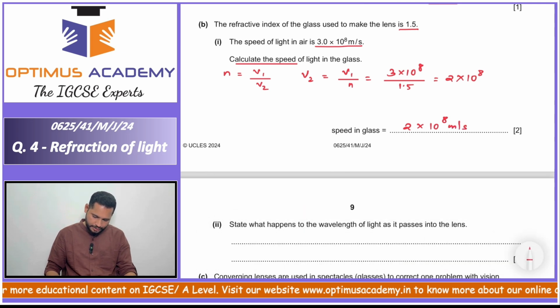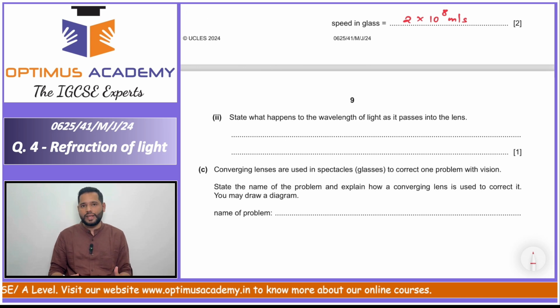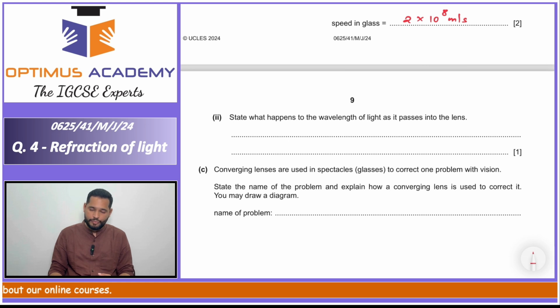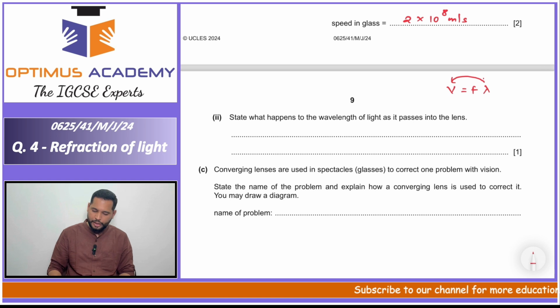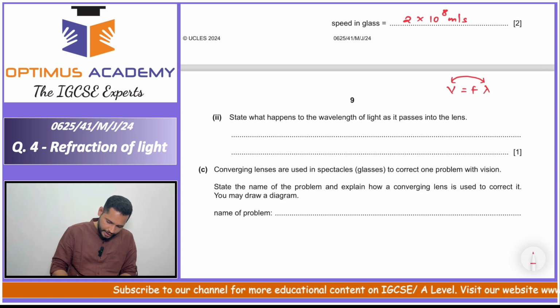The next question is, state what happens to the wavelength of the light as it passes into the lens. Now what will happen to the light if it passes through the lens? Lens is a solid material and the light is coming from air. In solids, the speed of light decreases. What is the relation between speed of light and the wavelength? We know the formula, v is equal to f lambda. So velocity of the light and the wavelength are directly proportional. If the velocity of the light is going to decrease in the glass, the wavelength of the light will also decrease in the glass. So we can write the first point that in glass,